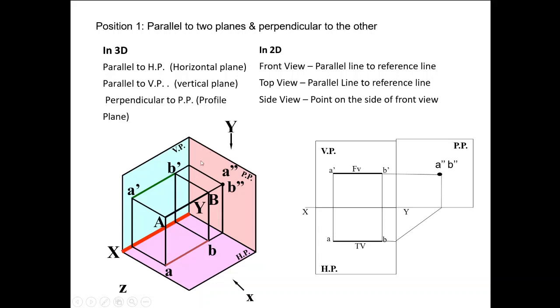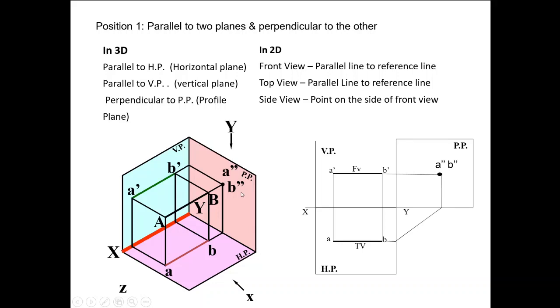Now up till now we have seen the two basic planes, but in engineering graphics there are basically three principal planes. We know the vertical plane. This is the vertical plane in green color. We know the horizontal plane. This is the horizontal plane. But there comes the third plane. So this is the third plane, which is the profile plane, which is called PP.